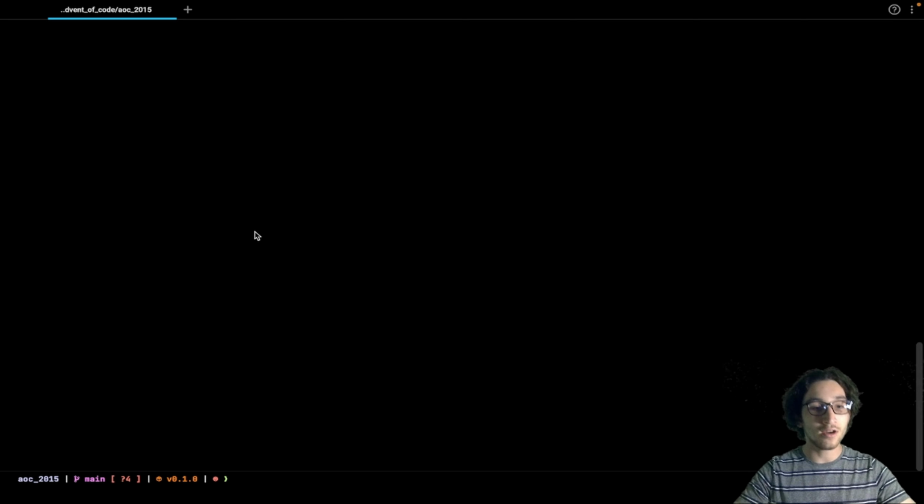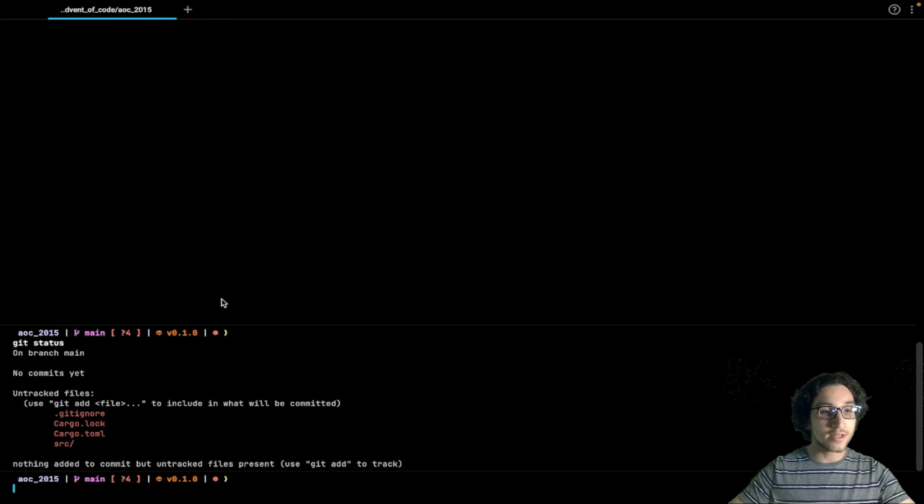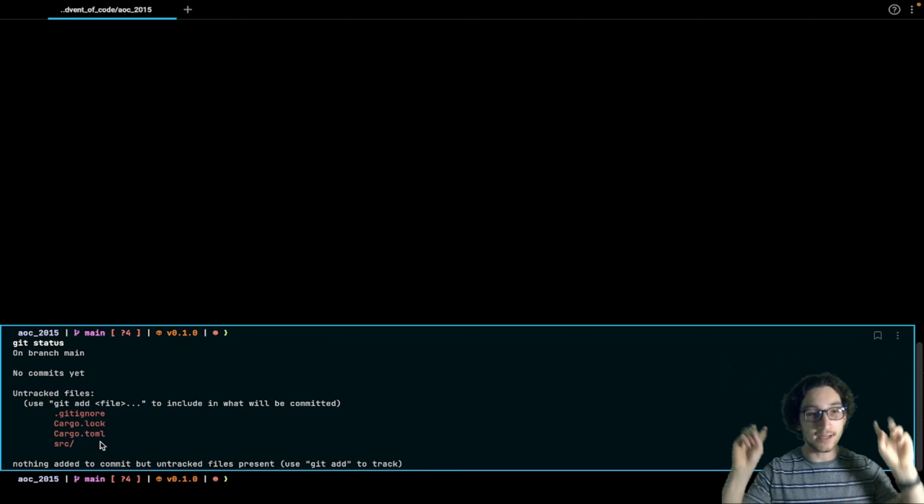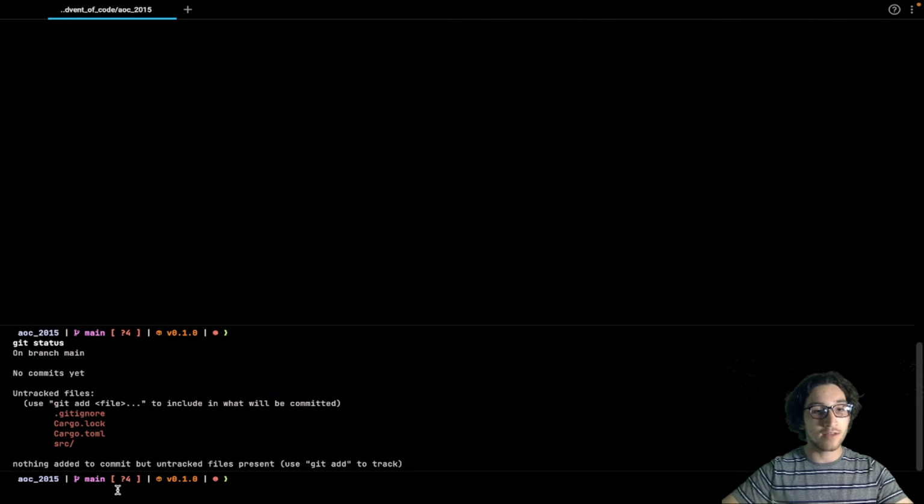So if we are in our Advent of Code 2015 project and we type git status, we can see that we have a bunch of files here that have not been added to Git yet. What that means is when you create a change, you need to add those to be staged in order to then commit those changes into the history of the repository.